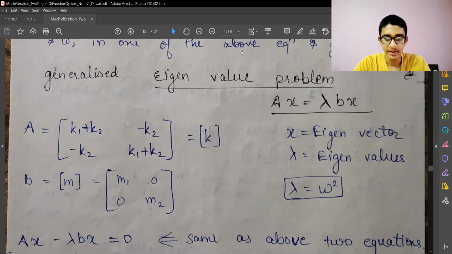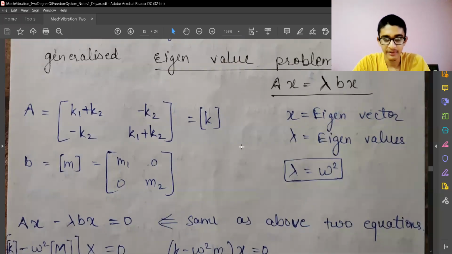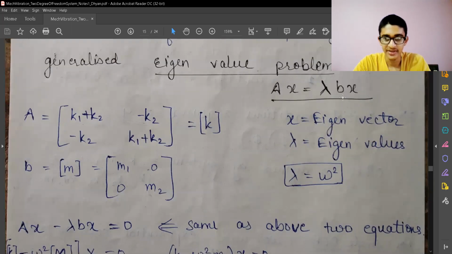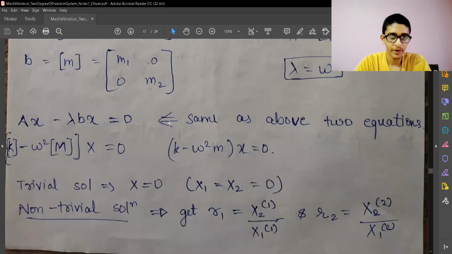So once we substitute that condition of x into my equation of motion, I'm going to get this form where I do not have x double dot and x dot, that is, the velocity and acceleration have been removed. We can differentiate x to get x dot, differentiate x dot to get x double dot, and substitute that back into the equation of motion to get this equation. Now it's very simple for us.